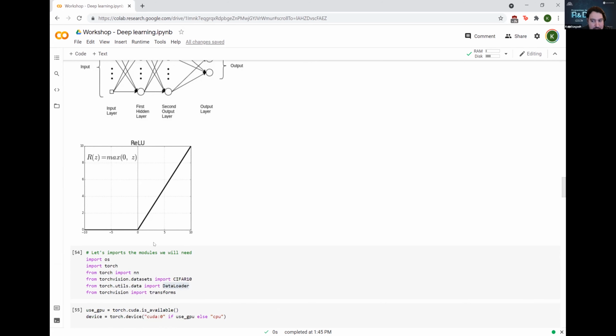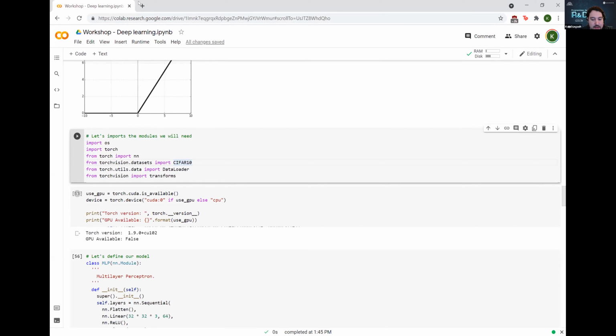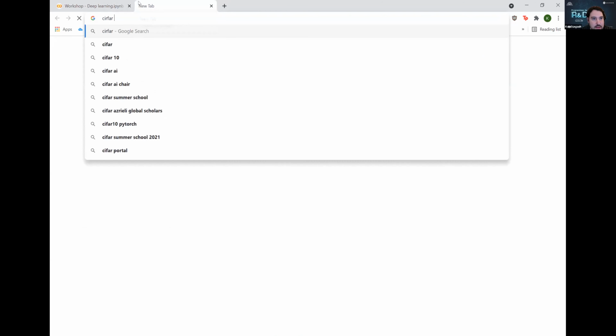So what we're going to be doing in this example is working with the CIFAR10 data set. So the CIFAR10 data set,